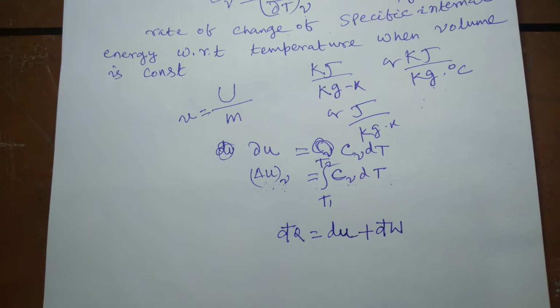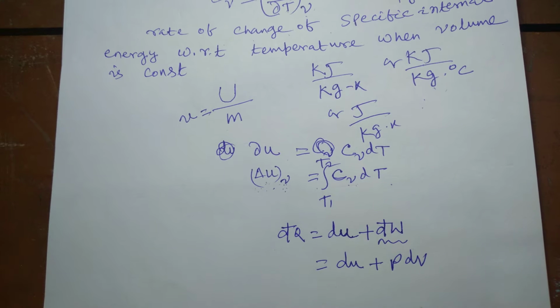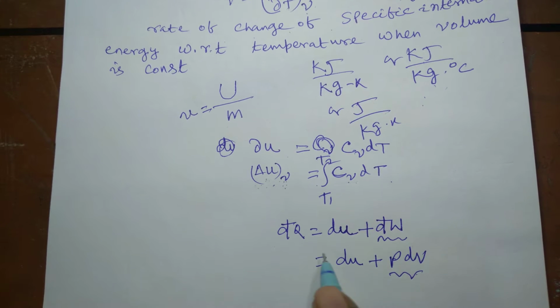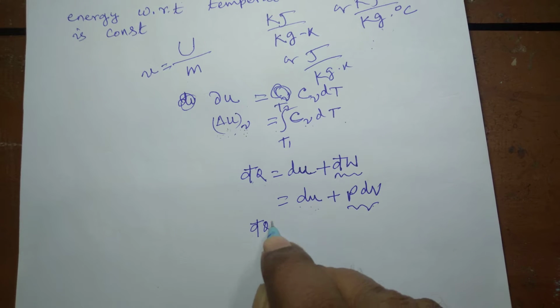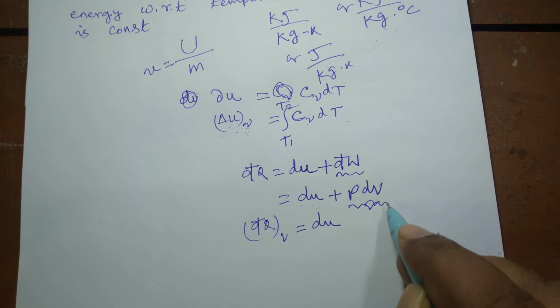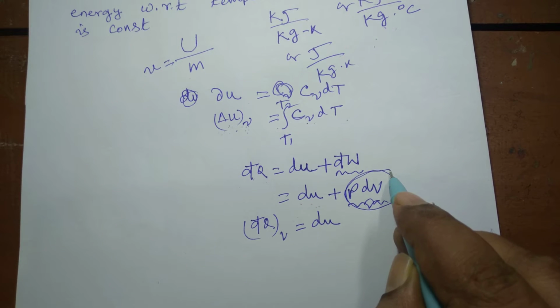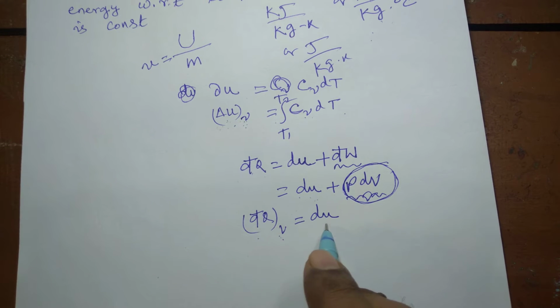This is specific internal energy, since the mass is unit. So if there is no other work present other than the PdV work, then this equation can be written like this, because there is no other work than PdV work. So now the equation is dq is equal to du plus PdV. Since the process takes place at constant volume, then I can write this is equal to du. Since volume is constant, the dV term would be 0 and this PdV would also be 0. So now the equation is dq for a constant volume process is equal to du.